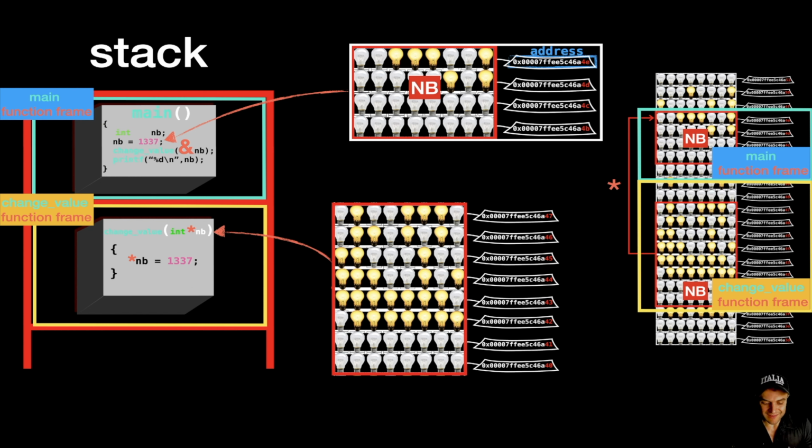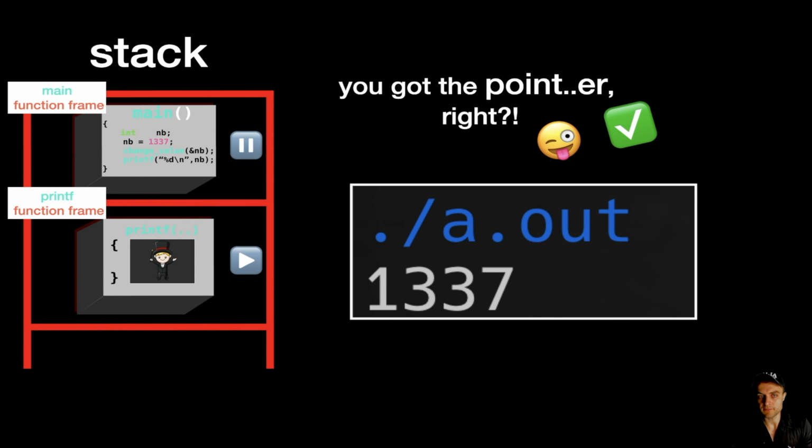This, my friend, is called passing a value by reference. Not by value, but by reference. So we give to the function a specific address, a specific place to watch if it wants to do its business. So pass by reference, which is very different from passing an argument by value, right? You just saw. So we have the changeValue function that gets deallocated when we reach the final curly brace,